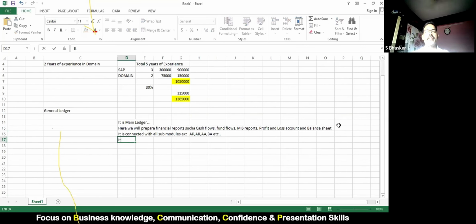It is a base of SAP. Once you design general ledger accounting, it will transfer the values from, not transfer, it receives the values